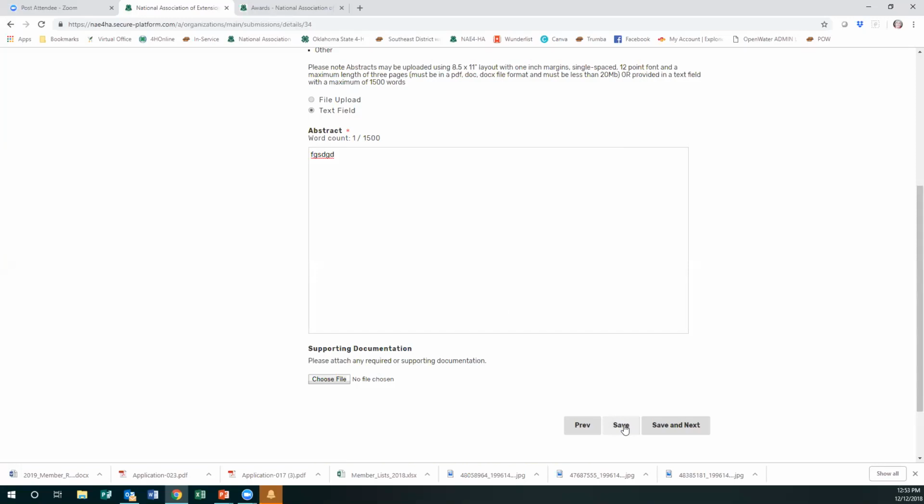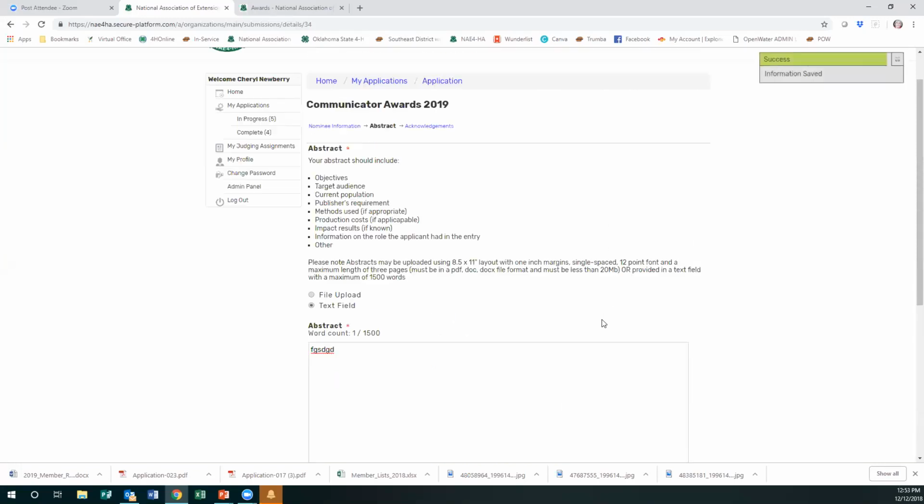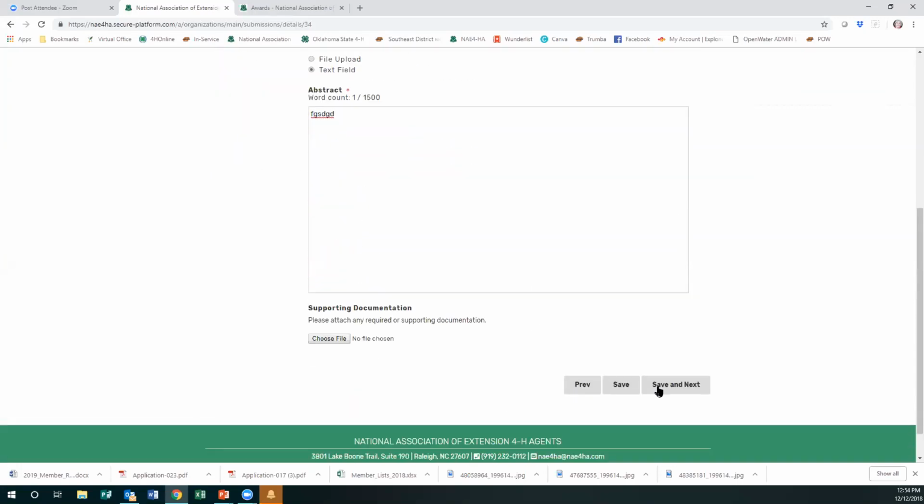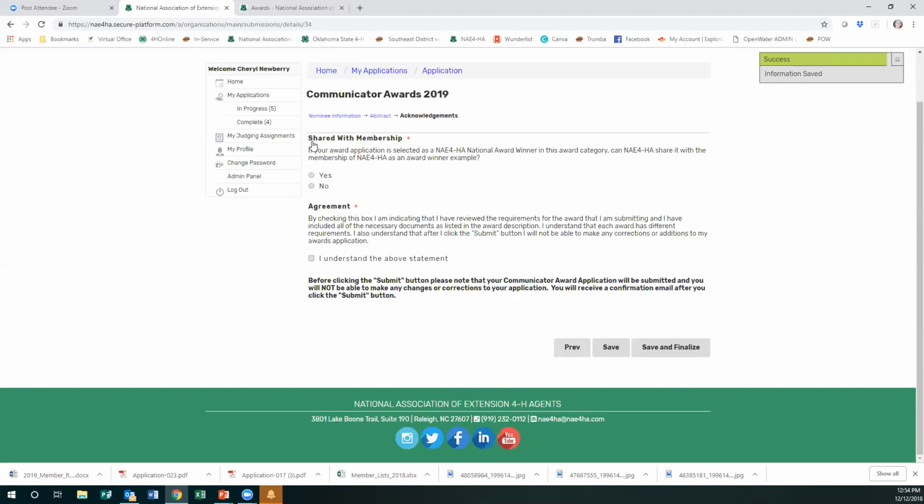If you just click save, it'll put it on that list. Now you have 5 in progress because you've just saved this information. If you hit save and next and you go to the last page, you're going to mark yes or no that this award can be shared with other NAE4-HA members if you're a national award winner, and that this application is complete to the best of my ability, and I understand that once I hit submit,